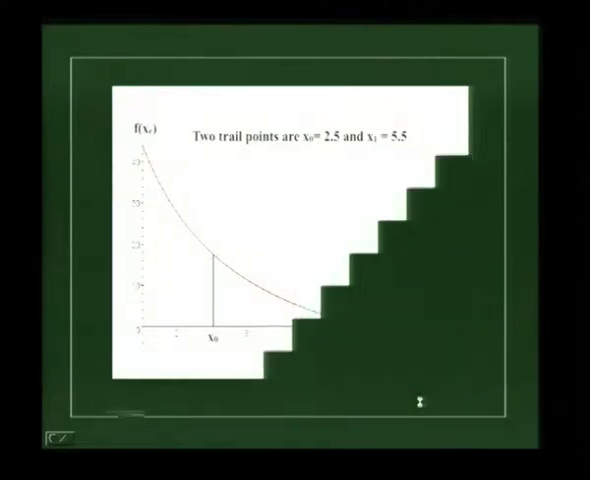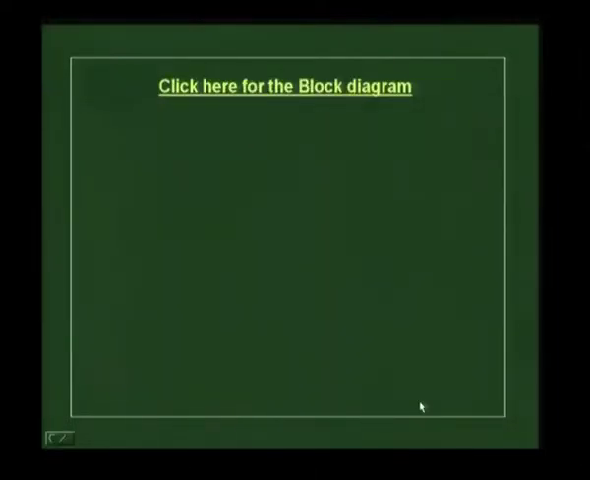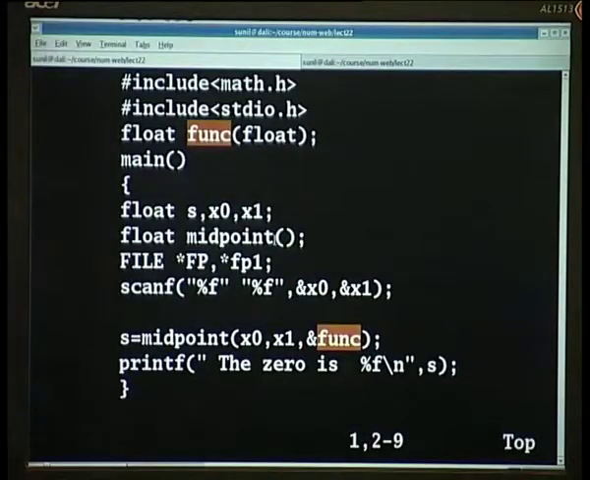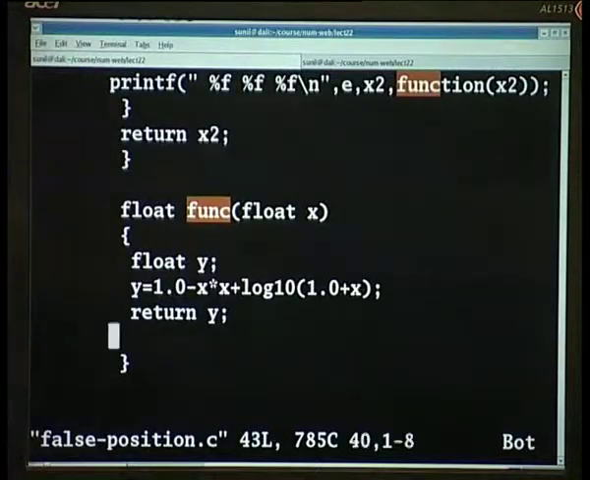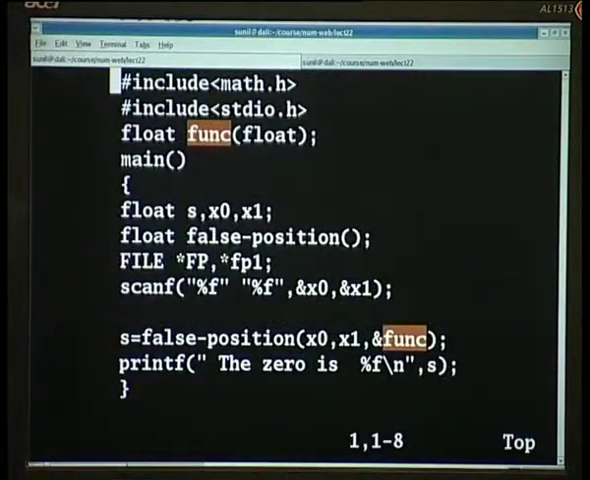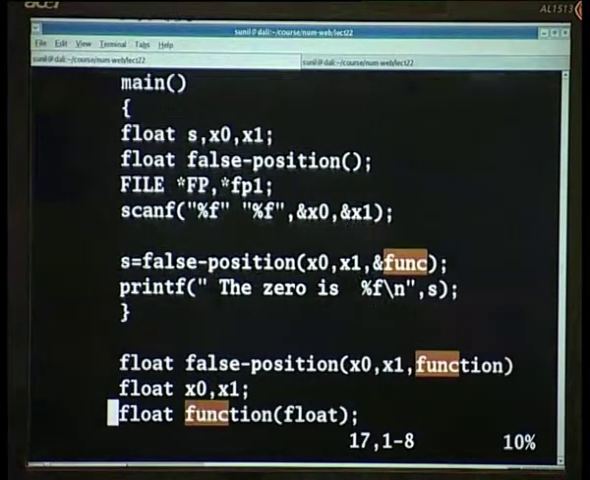So we'll just look at an implementation of this code here. That is called the false position method. So we'll have the program here, false position. In the false position method, again we have exactly the same structure, as I said in the earlier program. The only thing we are going to do is replace the function which we had called there as the midpoint method, simply by another function called false position,